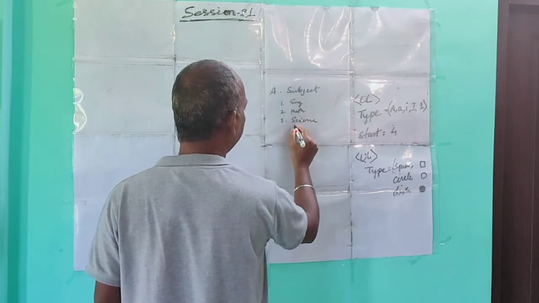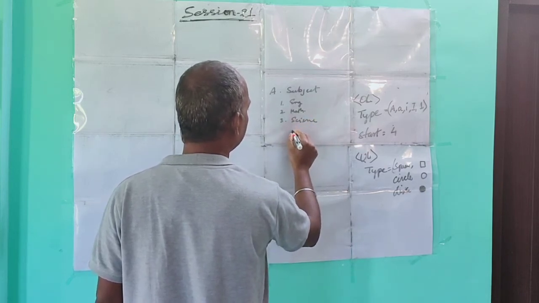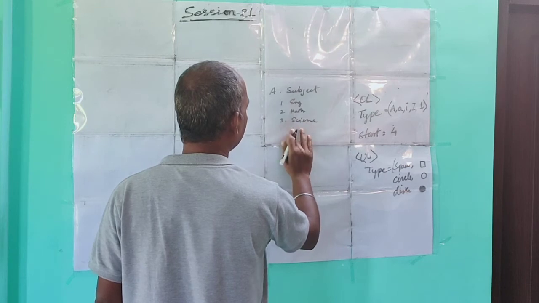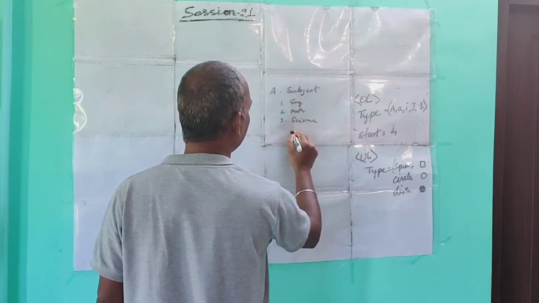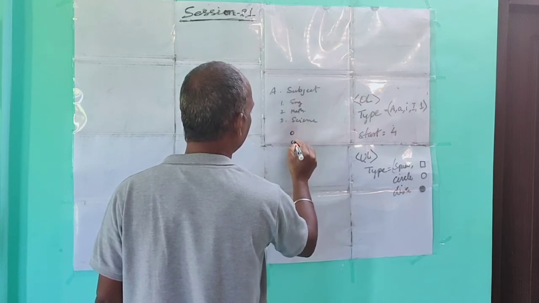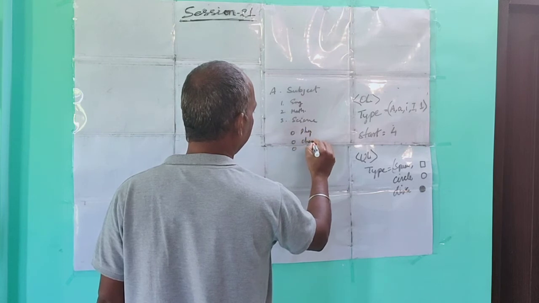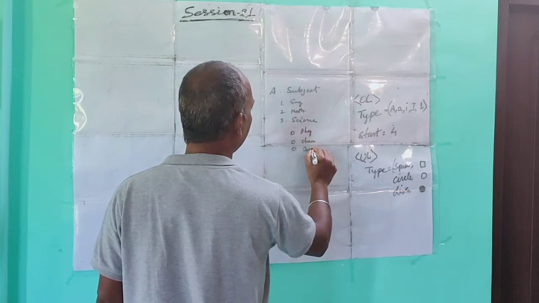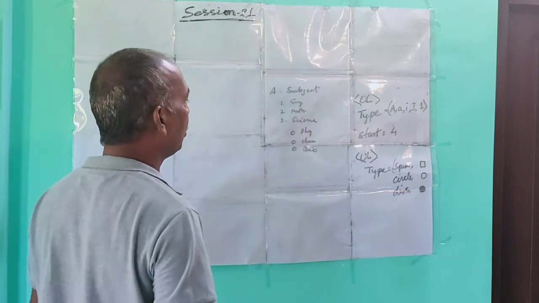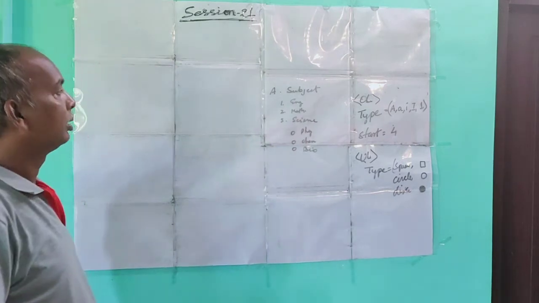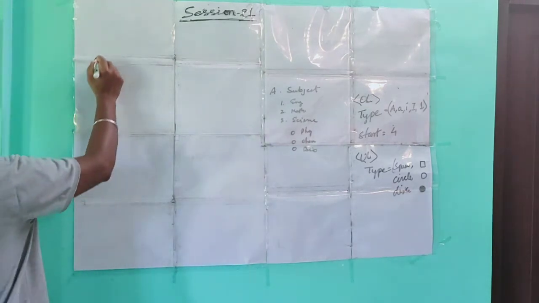Under science I'm giving physics, chemistry and bio. So here I am using both the OL tag and UL tag. So how do I write the program? That is,